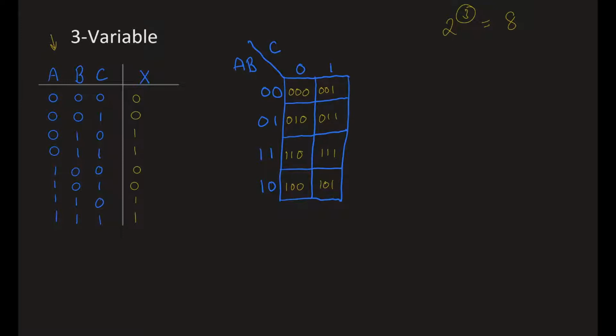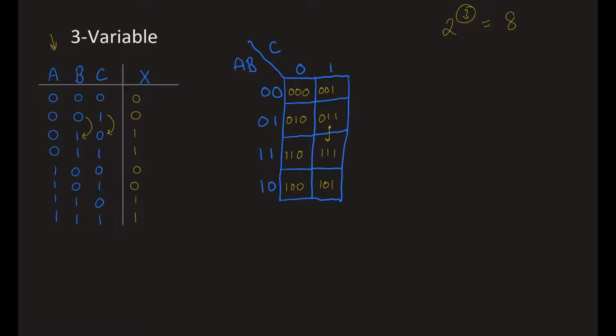This is a good time to explain why K-maps work. You don't need to know what I'm about to tell you. If you just want to remember, I always write it this way, you always write it that way. But here's the reason that we draw the K-map differently. When I go from this number to this number in a truth table, 2 bits change. This 1 gets turned into a 0, this 0 gets turned into a 1. The way a K-map is different is that going from one box to any other box,